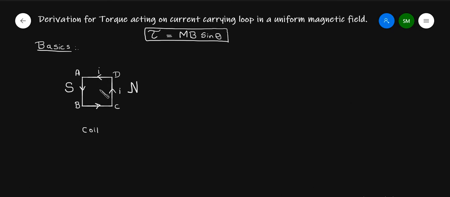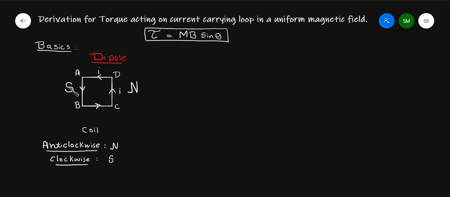Remember, in a simple way, the face through which the current looks anti-clockwise works as a north pole, and the face through which the current looks clockwise works as a south pole. You might already know this. So here north and south will be developed. One is the north pole and the other is the south pole. That means there are two poles, which means it is a dipole. So a current carrying loop works as a dipole.